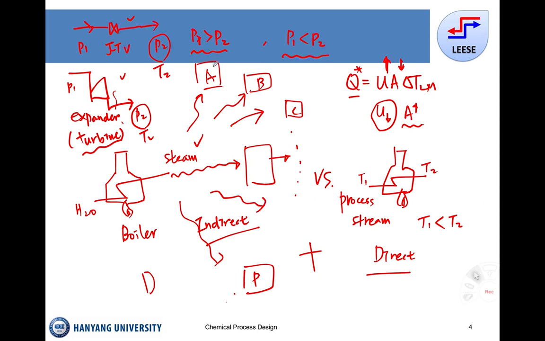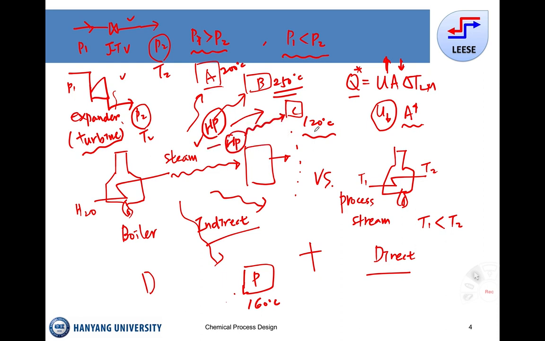In the A plant, we need a 200 degrees C heating. In the B plant, 250 degrees heating. And the C plant, we need a 120 degrees C heating. Okay? And plant D, we need a 160 degrees C heating. Okay? Then for 250 degrees C heating, steam is required at above 250, so we need high pressure steam. In plant C, high pressure steam is also used,